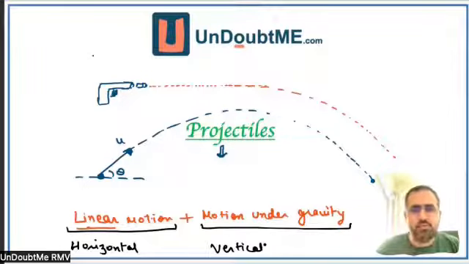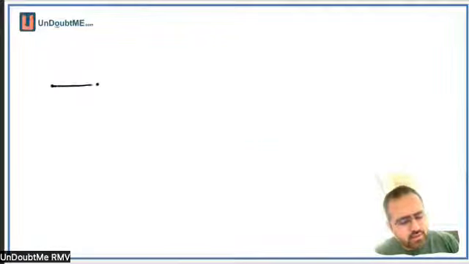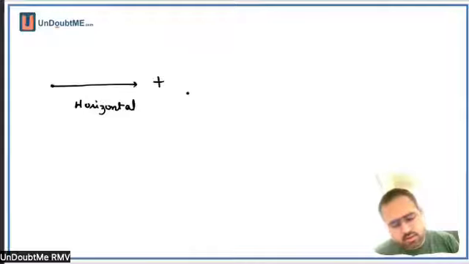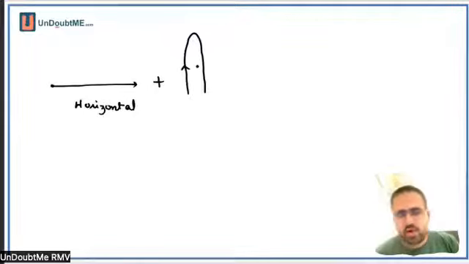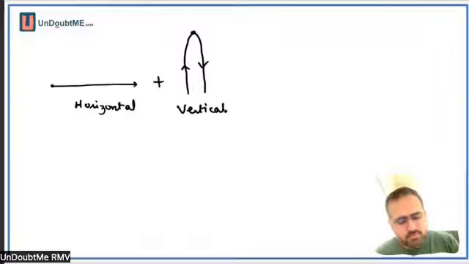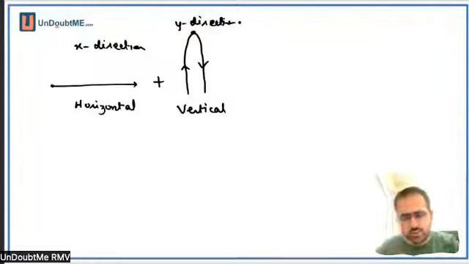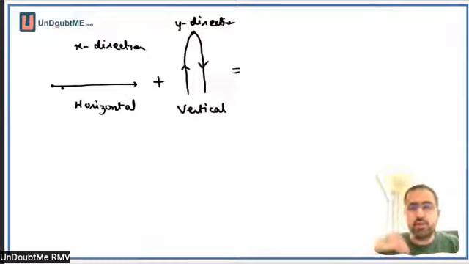So when I combine these two motions, now how will they be combined? So let's say from here to here, there is a horizontal motion plus vertical motion. You just throw any body upwards, it will go up to a certain height, then it will come down. This is what we usually do. Okay, so that will be a vertical motion. Now just logically think about both the cases together. This is a motion in x direction and this is a motion in y direction. All these words that I'm using are intentional, they are leading us towards a conclusion. If x and y are combined together, it will move ahead as well as it will go up, like a